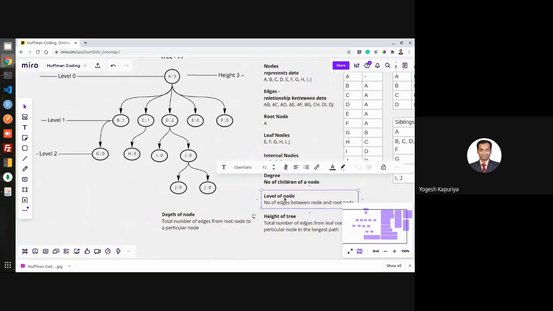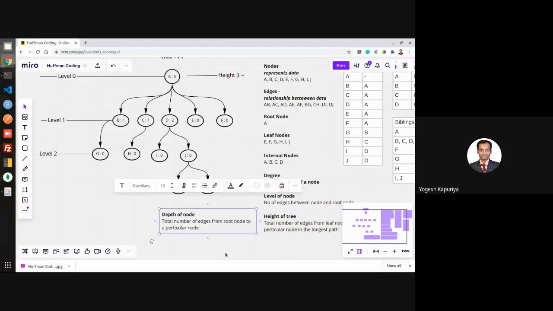So here context means whenever you want to show the structural aspect, then you should use this term called level of node. Whenever you are interested in the positioning of that node, then we are using the term called depth. So depth of J over here is actually, this is at depth 0, this is depth 1, depth 2 and depth 3. So here your depth is 3.